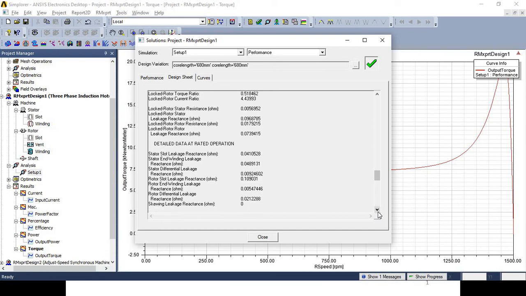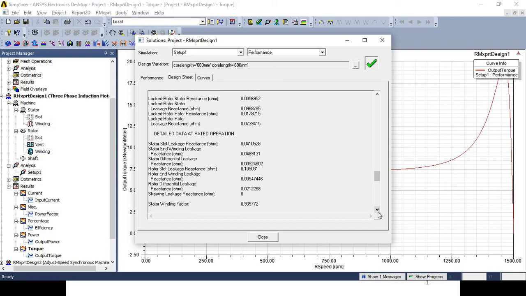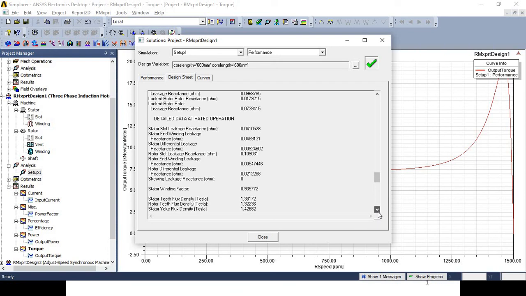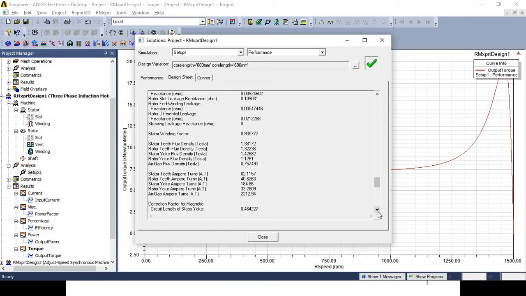of the rated operation like stator slot leakage reactance in ohm, stator end winding leakage reactance in ohm, stator differential leakage reactance in ohm, rotor slot leakage reactance in ohm, rotor end winding leakage reactance in ohm, rotor differential leakage reactance in ohm, skewing leakage reactance in ohm, then stator winding factor, stator teeth flux density in Tesla, rotor teeth